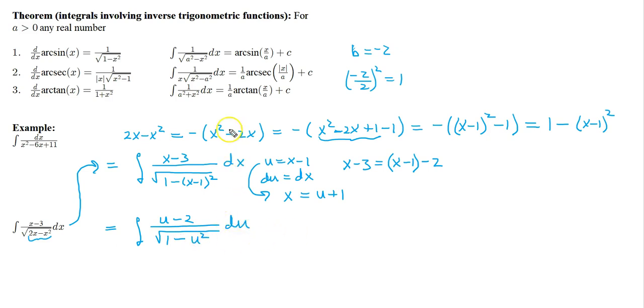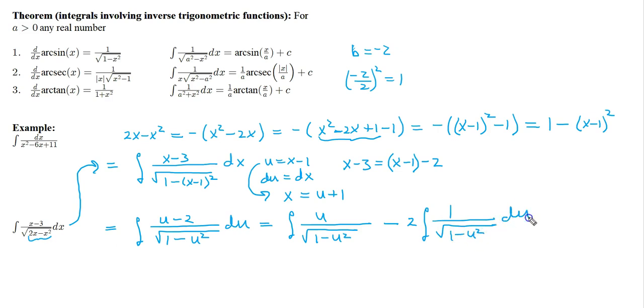And there we go. Now it's looking more like an arc secant, but we have a u minus 2 in the top. So what are we going to do with that? Well, let's split this fraction apart as follows. Let's write this as... so there you go. I just split the fraction apart as u over the square root minus 2 over the